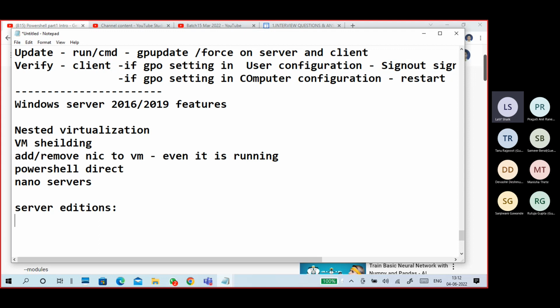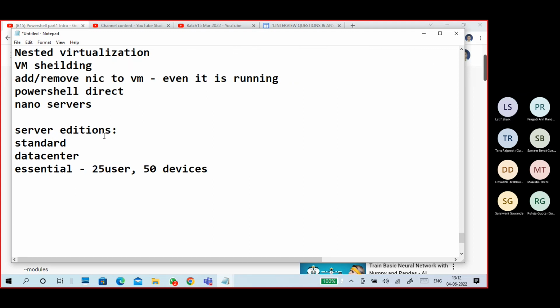What are the server editions, guys? Standard, Datacenter, Essentials. Essentials only 25 users, 50 devices. Standard and Datacenter, full working. No difference.